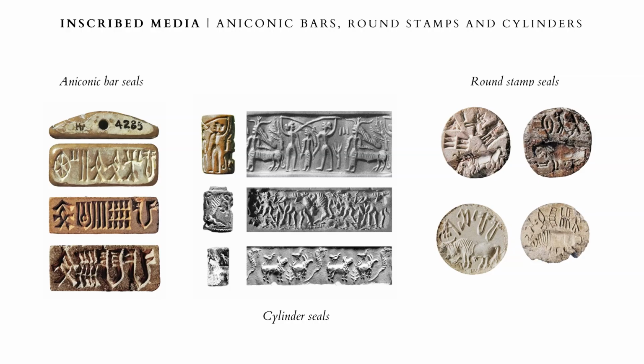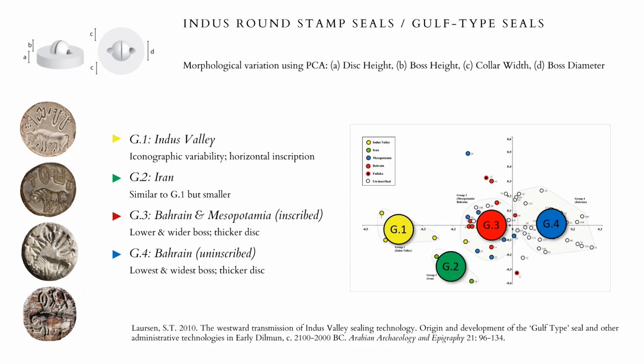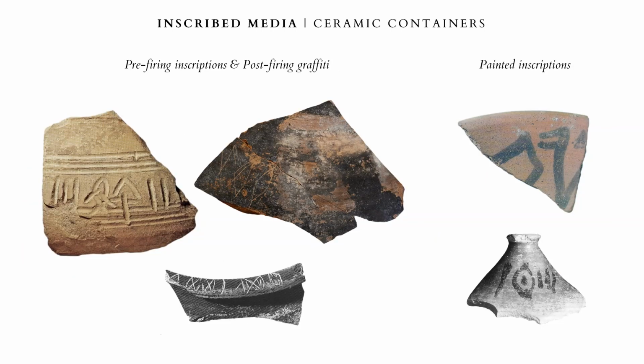Round stamp seals, evidently derived from the standard square seals, are extremely rare within the Indus Valley but become common across Mesopotamia, Iran, Central Asia, and the Gulf from 2200 BC. Morphometric analysis of the round seals indicates distinct locally produced series. Their synchronous adoption across all regions integrated into Indus-related exchange networks strongly suggests the implementation of a standardized, superregional administrative device designed to regulate external trade through shared iconographic and procedural conventions. After the seals, the second most common medium bearing Indus script were pottery containers.